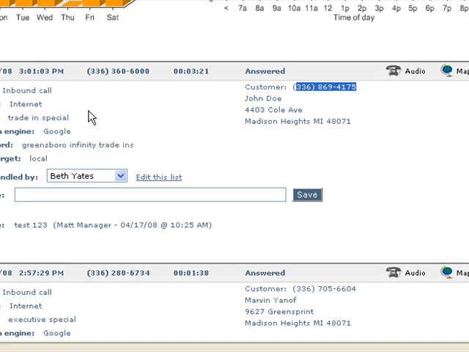Now again, you can apply this call measurement program to traditional marketing, direct mail, radio, print advertising. You can also apply it to your online advertising, and I'll show you more on that later. If you wanted to listen to the call, you would just simply click on the audio icon,